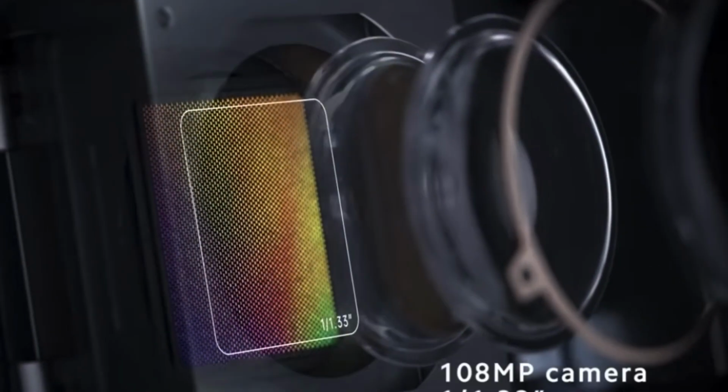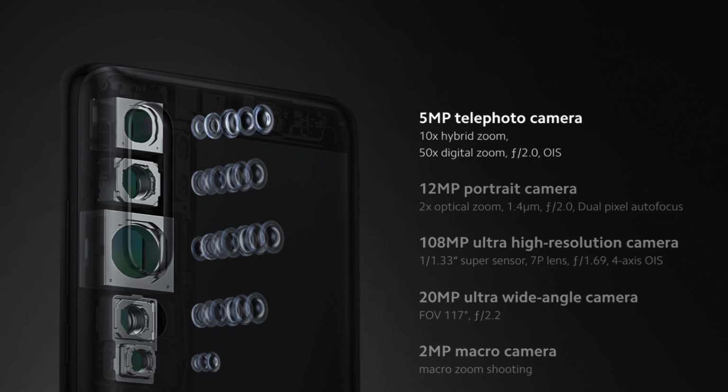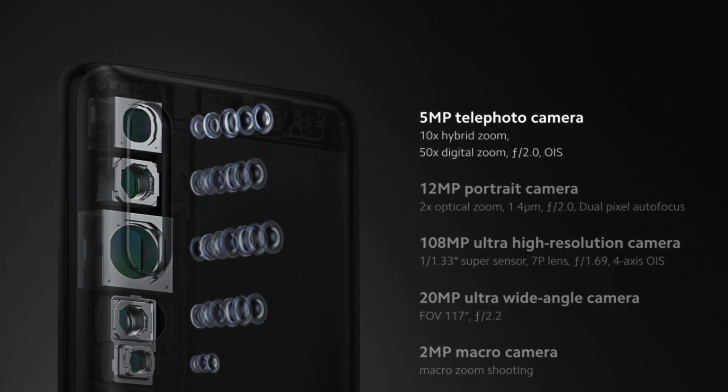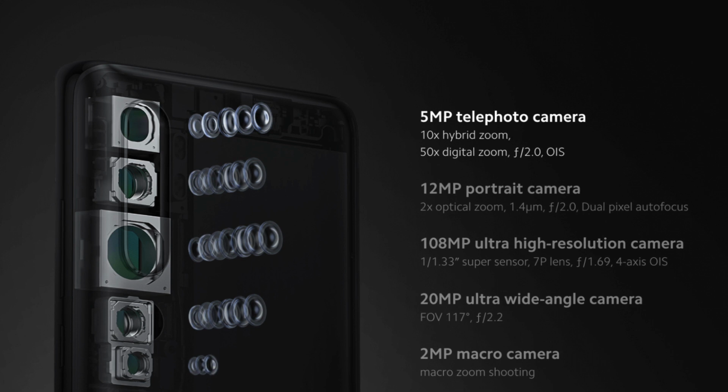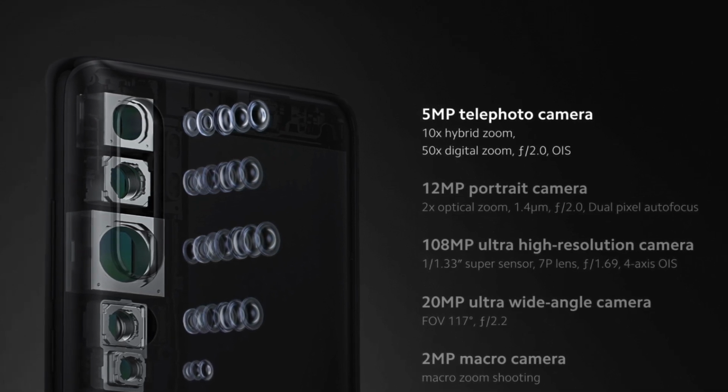Now in the camera department, this is where the real showdown is, because both phones are grandmasters in their own right. For the rear camera, the Mi Note 10 comes with 5 stunning cameras, a 108 megapixel main camera with laser autofocus and OIS optical image stabilization, a 12 megapixel telephoto portrait camera with laser autofocus and 2x optical zoom,